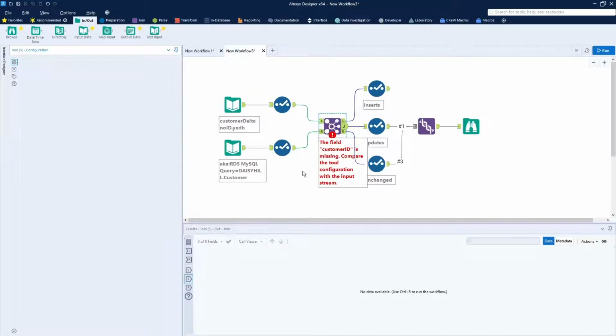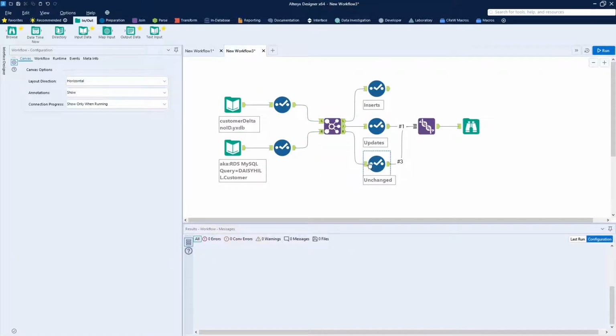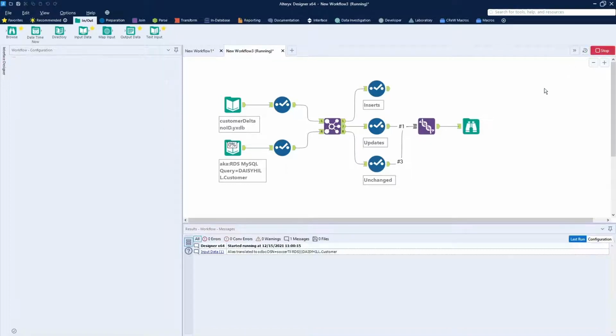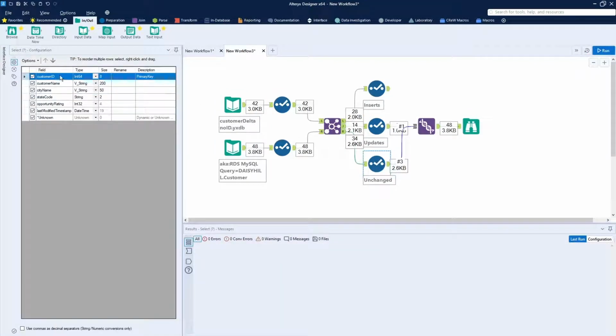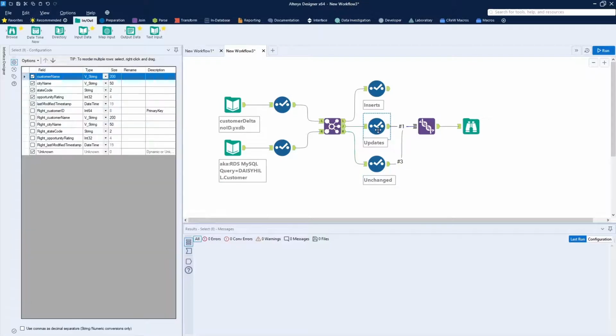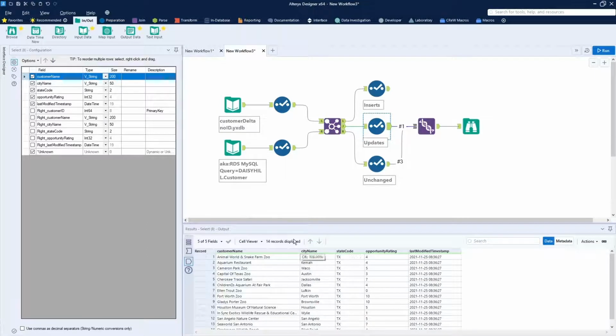So what we see when we run this is that we have some unchanged records. As you can see, the unchanged records are exactly as they appeared with their customer ID associated with them. We do have a problem here with the actual updates because we do not have the customer ID, but it's found down here in the right side of our join as the right customer ID. So we just need to include it and give it the name of customer ID, and we'll move it to the top. Now when we run this one more time with that minor change in it,